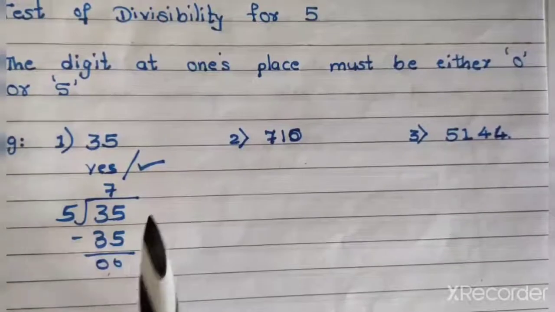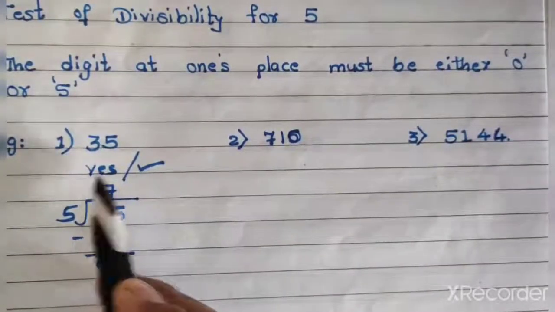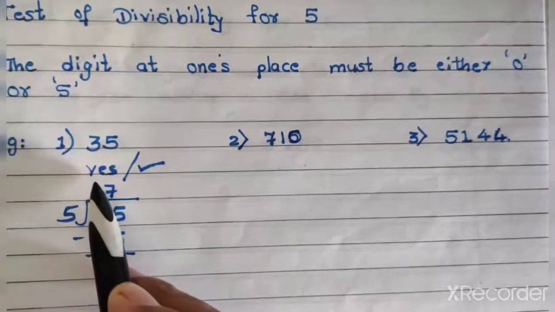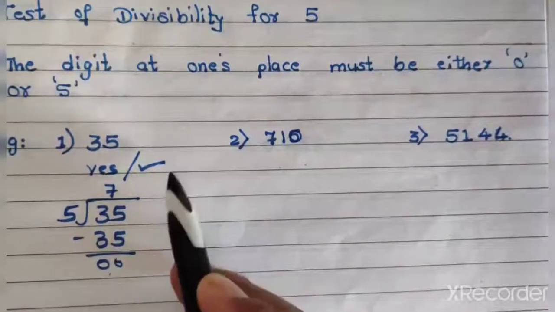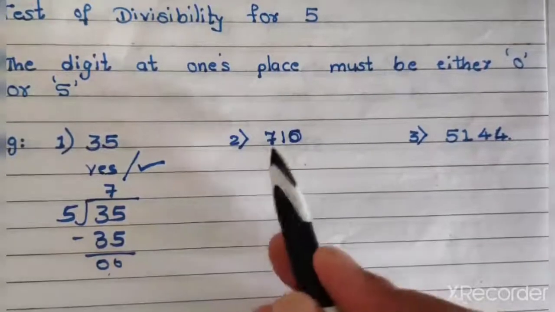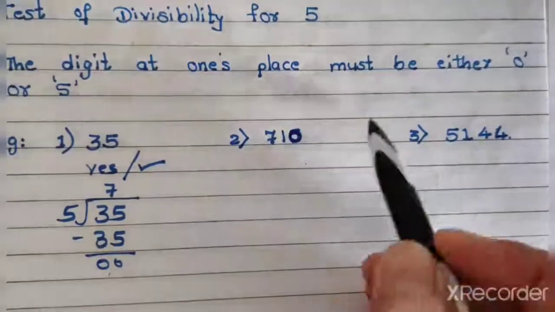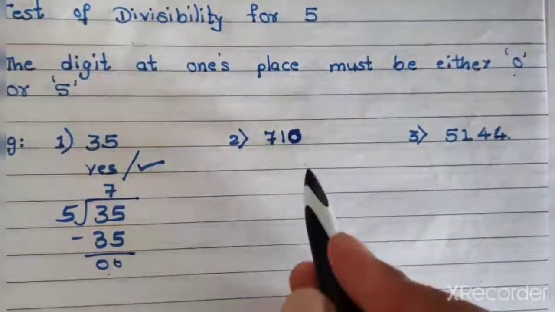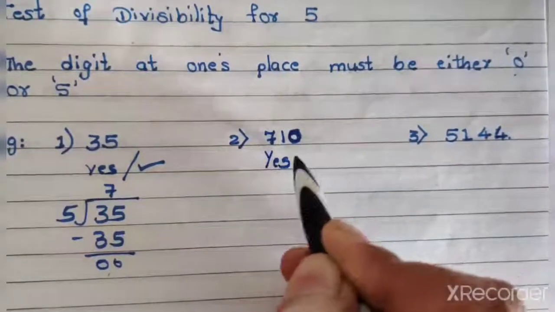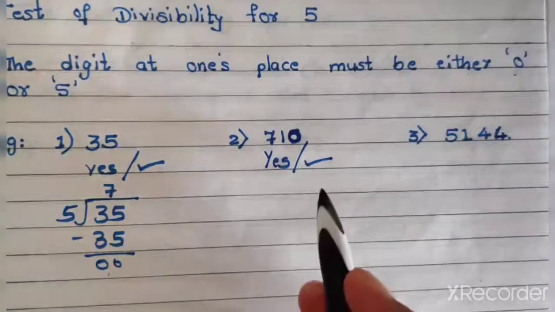You don't have to do it. You have to only identify. For identification, you need to write only either yes, it is divisible, or you are going to put a tick mark if it is divisible, or a cross if it is not divisible. Now look here. The last number is 0. So if the number is either 0 or 5, we can say yes, the given number is divisible. We are going to say yes, or just put a tick mark. Right?